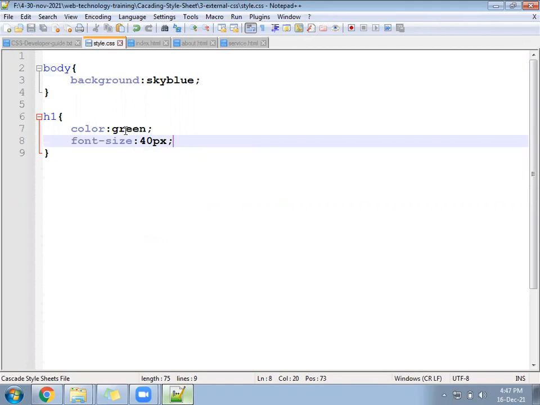Font size 40 pixel. Go to all three pages, run any page. See if the font size is increased and the color has changed. Font size should increase and color should change.